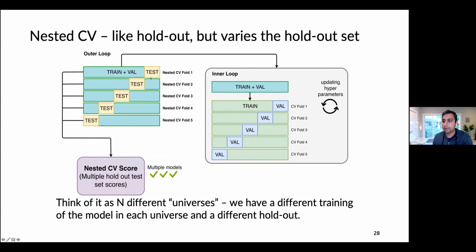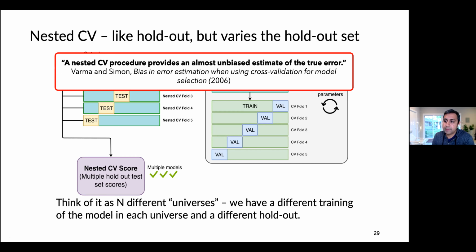You take the 5 different scores in this case, and then you average them together to get one score. So basically, it's a lot like the typical procedure, except now you don't have this thing where one portion of the test set might be really well optimized for. You have to go through and use every single data point as your test set as well. There's been some research showing that this kind of nested cross-validation procedure is better at getting an estimate of your true error than just having one test set. So that's what we use in Matbench.